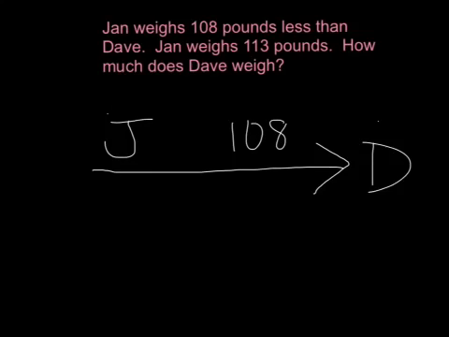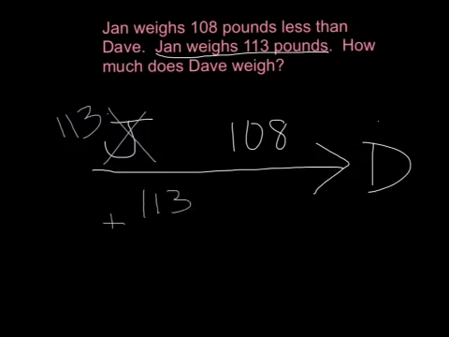Now, after we're done with this part, we can't answer a problem if it has 2 letters in it. So we need to figure out what number we can replace it with. So Jan weighs 113 pounds. So we can replace our J with 113. Now we can figure out how much Dave weighs because we can add. We're finding the bigger number, so we need to add. So let's add